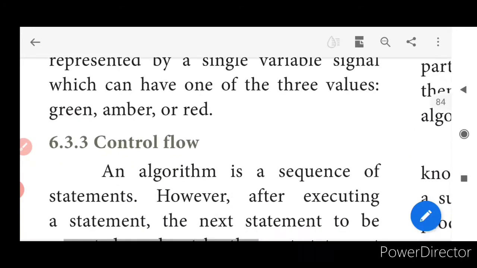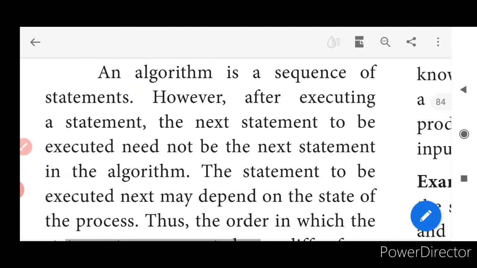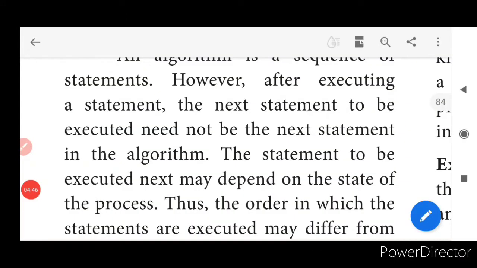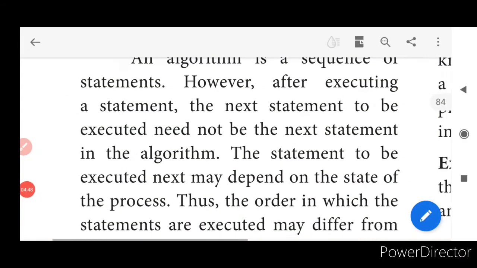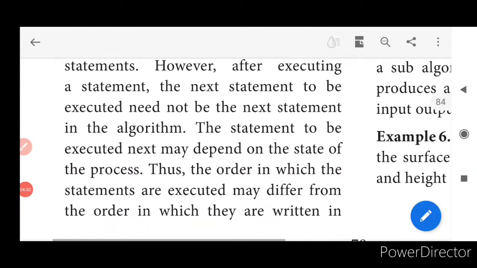Next comes your control flow. Control flow is of two types. One is going to be sequential, the other one is going to be iterative. What is meant by the term sequential? If a process is going to go one after the other, then it is sequential. And if a process is going to be repeated for several number of times, it is going to be iterative. Yes, an algorithm continues in such a way.